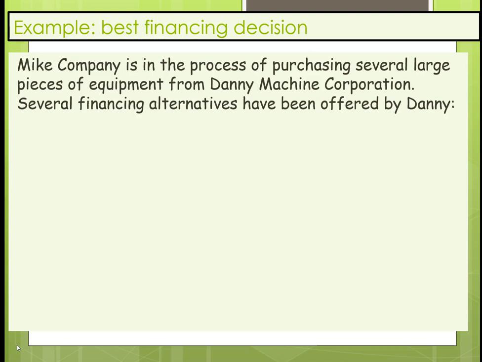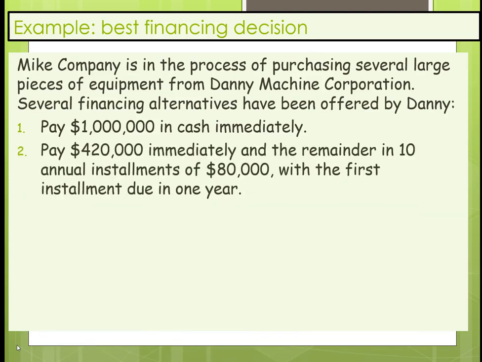My company is in the process of purchasing several large pieces of equipment from Danny Machine Company. Several financing alternatives have been offered by Danny. They can either pay $1 million in cash up front. They can pay $420,000 immediately and the remainder in 10 annual installments of $80,000, with the first installment due in